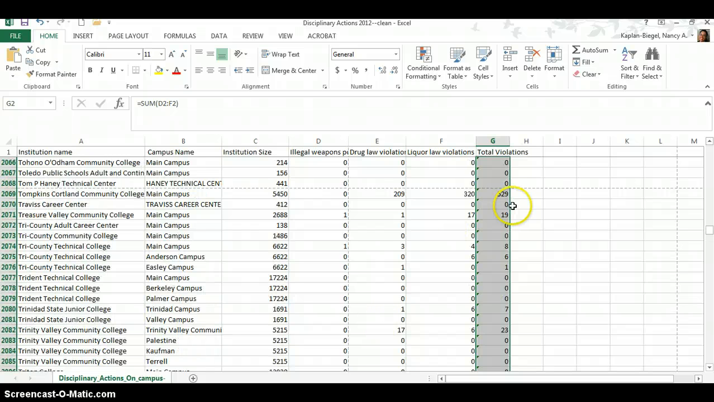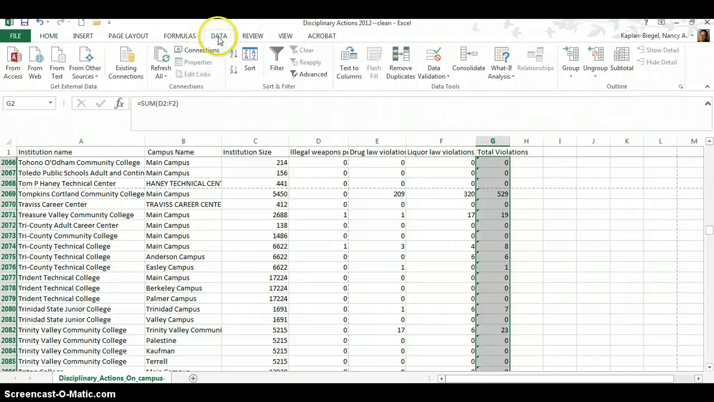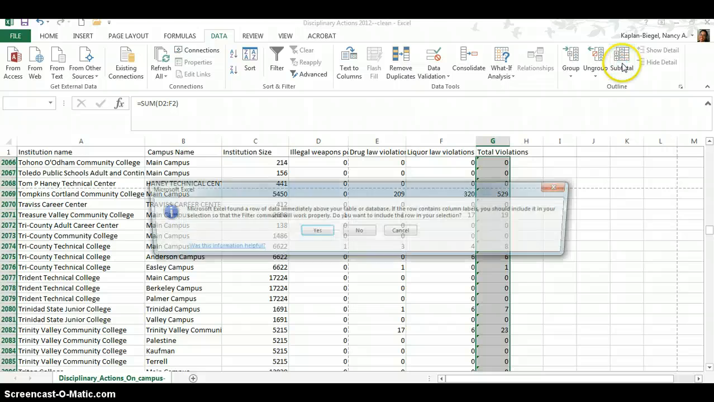Now this is telling me the totals for each campus, but what if I want to know what the totals are for an entire institution, not just their individual campuses? So one way I can do this is I can go over to data and I can go over to subtotal, and